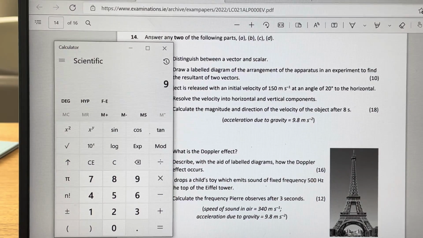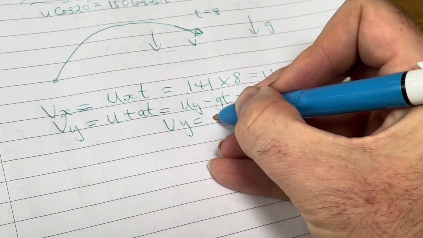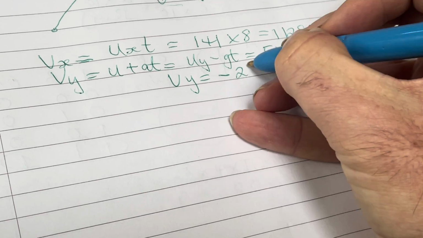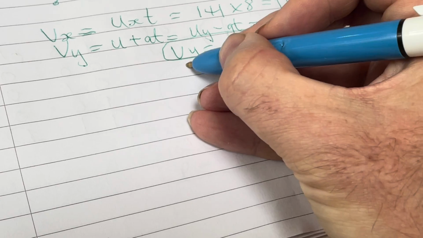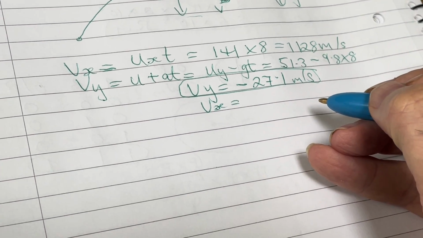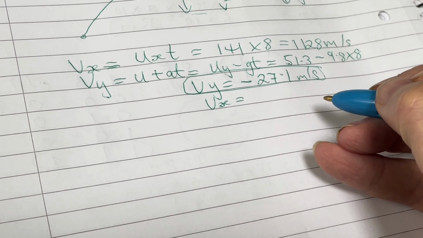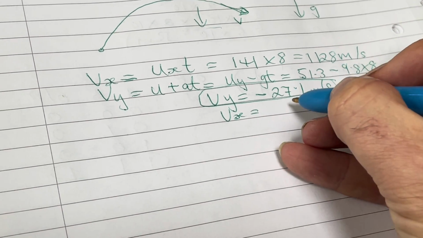9.8 by 8 is 78, and subtract 51.3. So Vy is going to be minus 27.1 meters per second. And Vx equals, that seems very high, the Vx, but I suppose that's fine. It is starting at 150, yeah? Yeah, grand. So Vx is going to be,